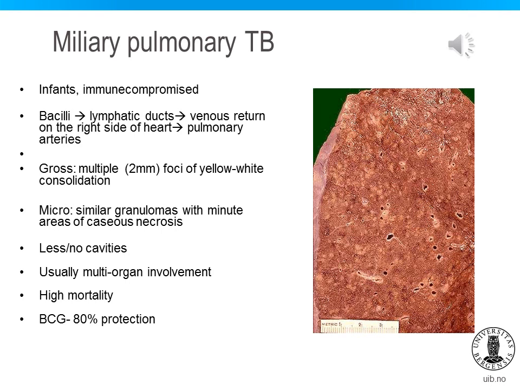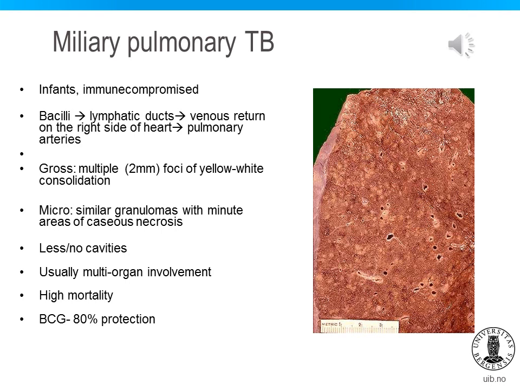Another manifestation of tuberculosis is miliary tuberculosis, which occurs in a small proportion of individuals, usually infants and immune-suppressed people. Here, TB disseminates widely, affecting various organs in the body. It seems that organisms drain through the lymphatic system towards the venous side of the blood circulation, reaching the right side of the heart, and from here via pulmonary arteries they spread widely in the lungs.